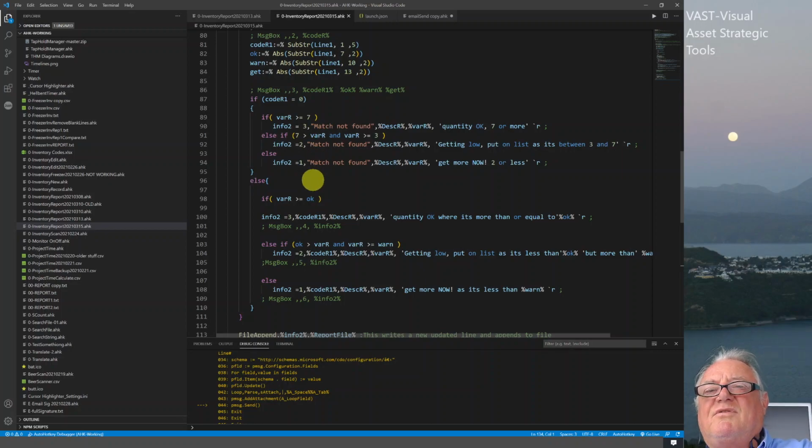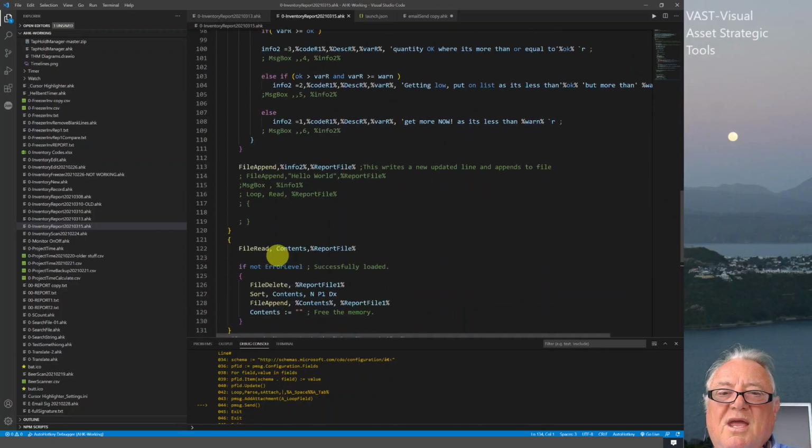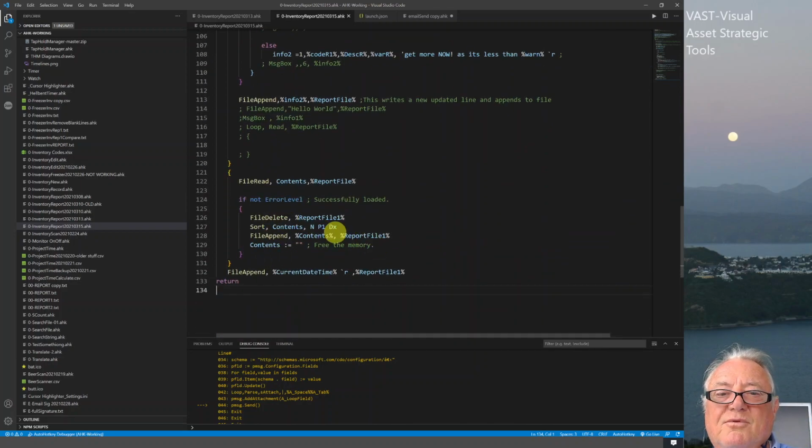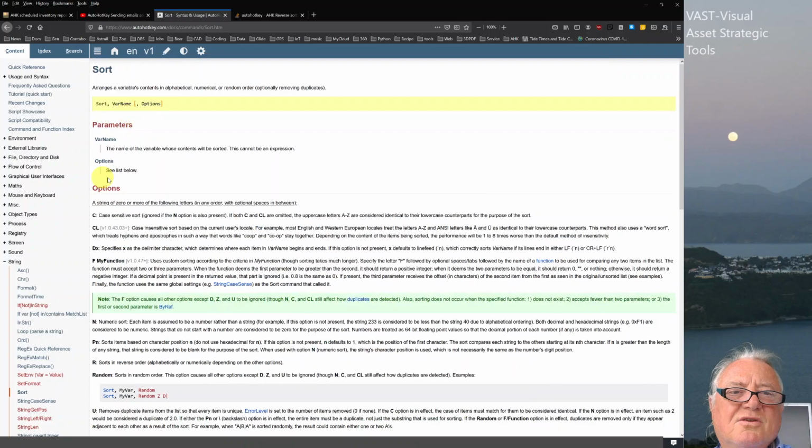If it's okay, I've given it a number 3. If it needs to be a warning, I've given it 2, and then if it needs to be done, I've got 1. So that I can order these in a single file, I'm trying to use the sort command through here to do this, and I'm using the syntax where it's trying to use a DX, which is a delimiter character, and if you don't actually give anything,